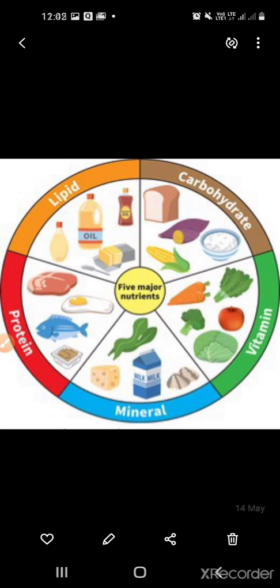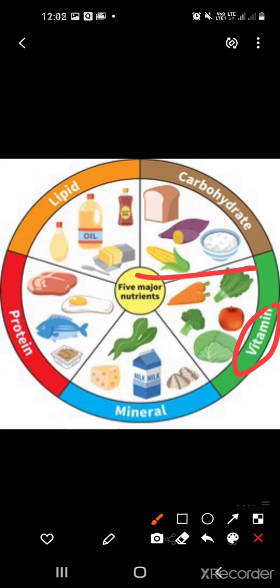Okay. What are carbohydrates? These are the examples of carbohydrates. Carbohydrates give us energy. Okay, and you can see the examples of carbohydrates here: bread, corn, sugar, sweet potato. Sugar and starch are two types of carbohydrate. Rice, sugar and potatoes are some of the foods which are rich in carbohydrates. Fine. So we need lots of carbohydrates in our body. This is a very important nutrient for us. Now move on to the next.